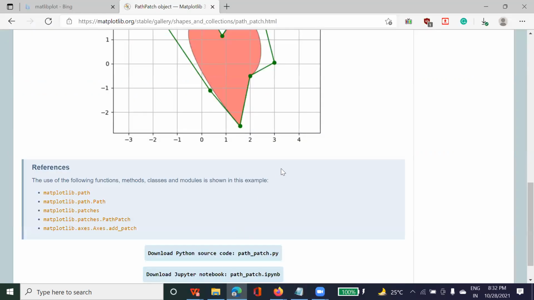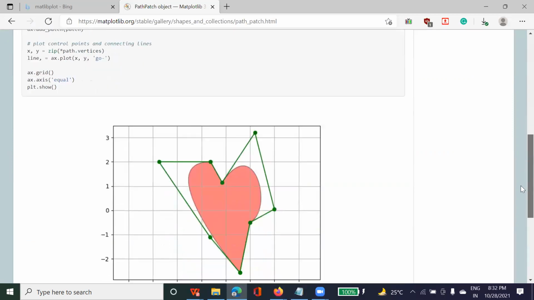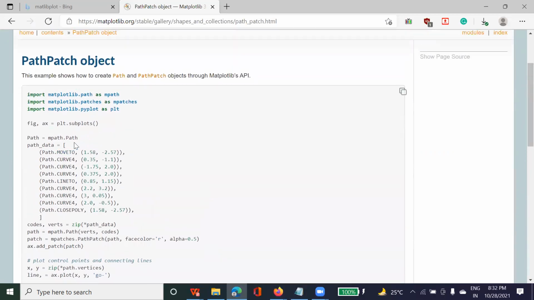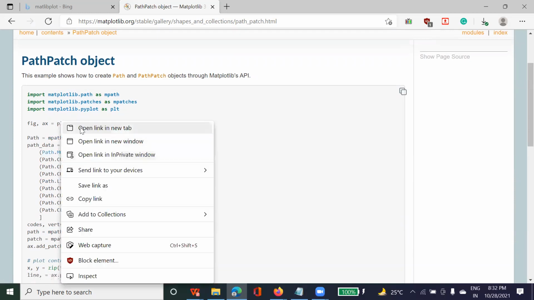Go through this first. You can see you can draw the graph of art as well. For that, what is the code? You can just check it here. If anything is not clear, just click on this line. You will get complete description.